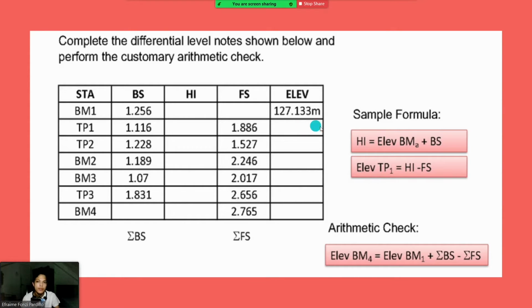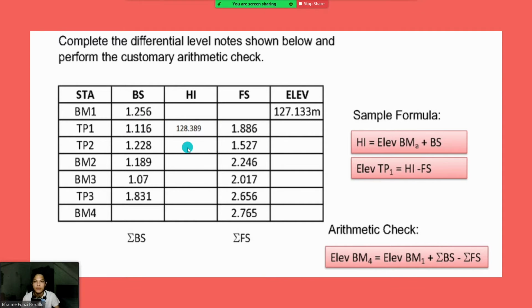127.133 plus 1.256 equals 128.389. 128.389 minus 1.886 equals 126.503. 126.503 plus 1.116 equals 127.619 minus 1.527 equals 126.092 plus 1.228 equals 127.32 minus 2.246 equals 125.074